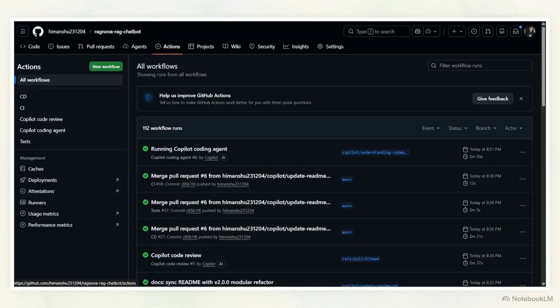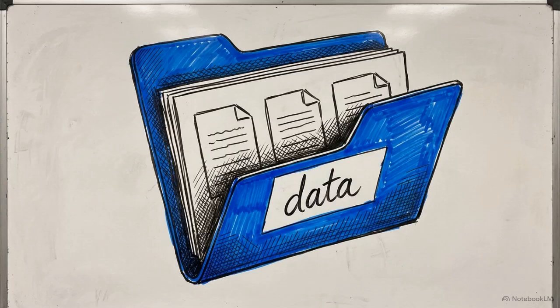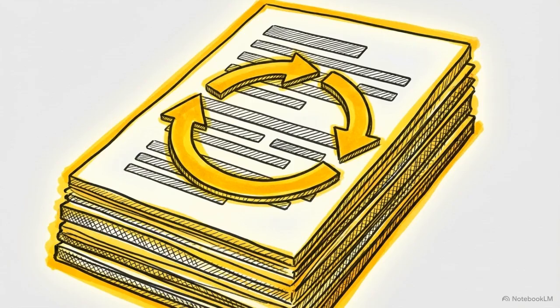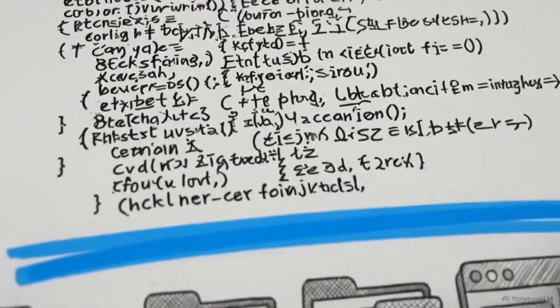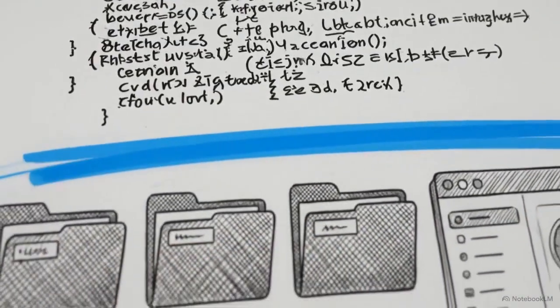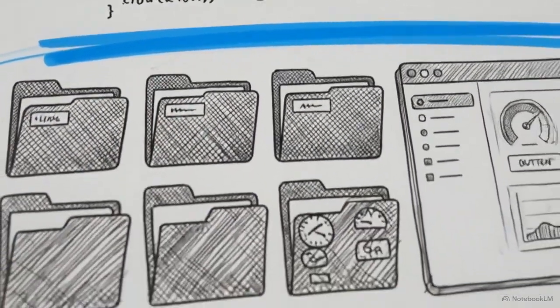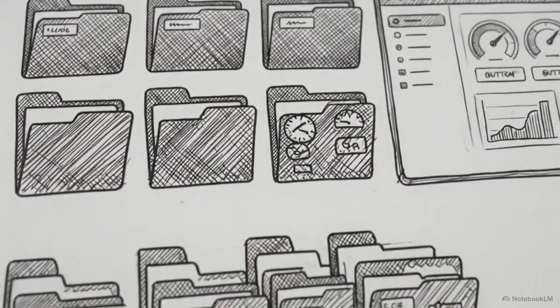This modular architecture enables robust software engineering practices, specifically automated CI/CD pipelines. CI/CD stands for Continuous Integration and Continuous Deployment, a method to frequently deliver code changes by introducing automation into the development stages. You can clone the repository and drop your own PDFs into the data folder, then trigger an automatic index rebuild to test the pipeline on your own documents. RAG-Nova demonstrates the critical mechanical steps required to move from a fragile Jupyter Notebook prototype to a verifiable, modular, and deployable AI application.